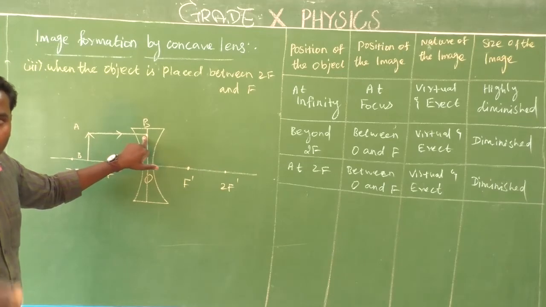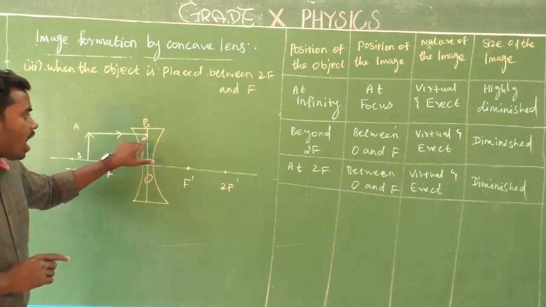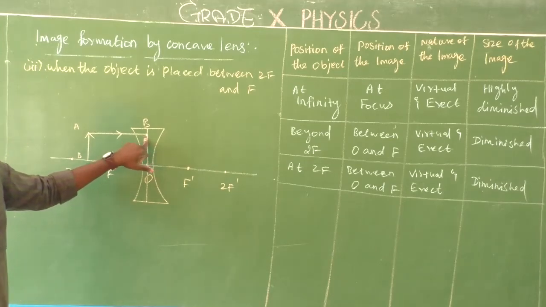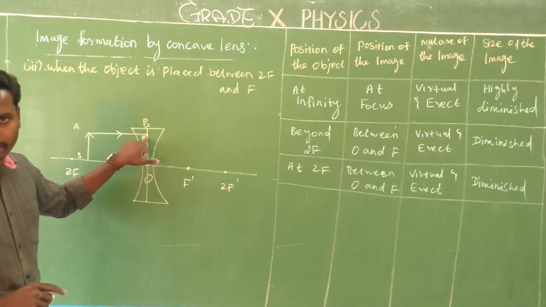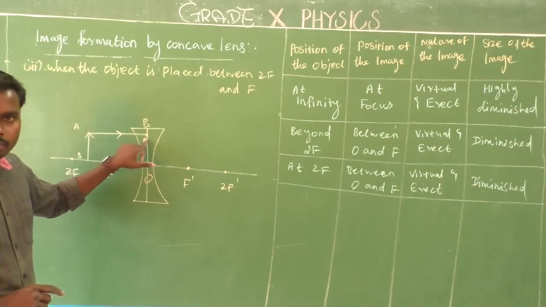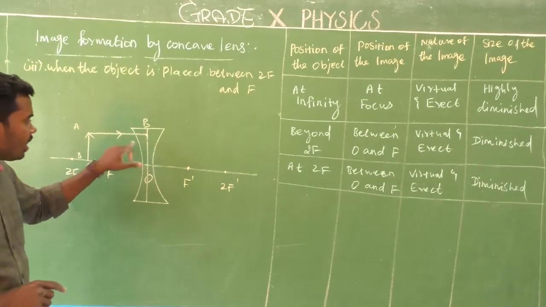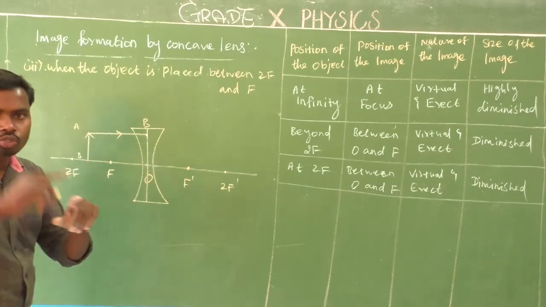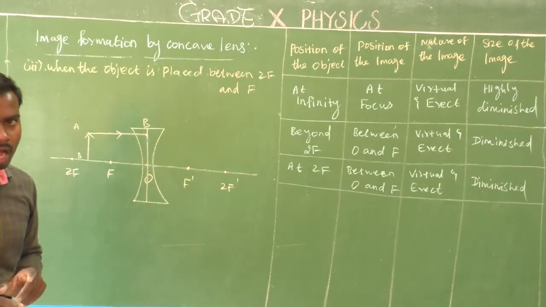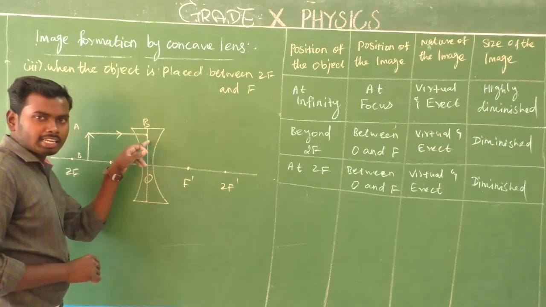What will happen? Refraction takes place here. Where? At B, refraction takes place because light goes from air into glass medium, so refraction takes place. Is it clear? Yes. So after refraction, what will happen? After refraction, the direction of the ray of light AB should change. That is the refraction principle. Am I right? Yes. So refraction takes place at the point B.